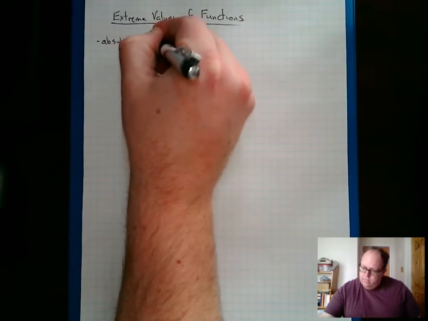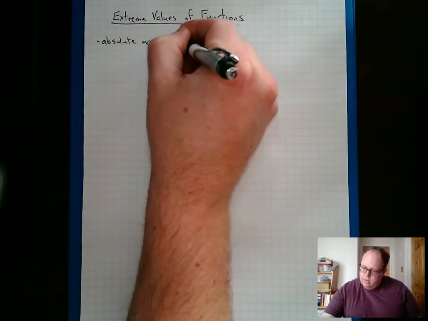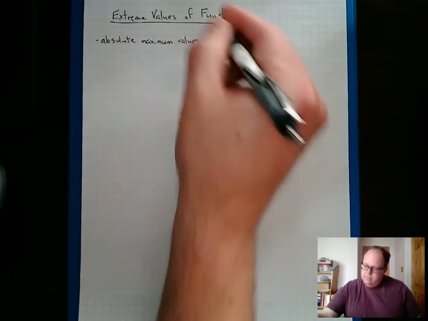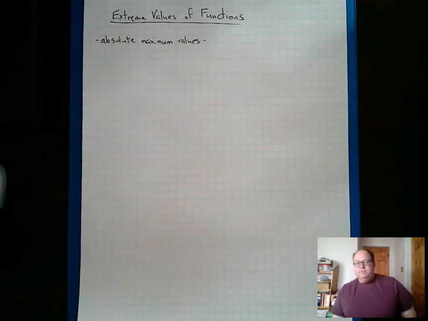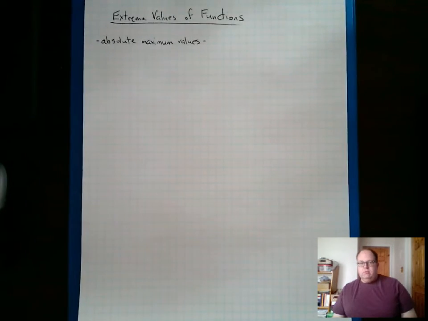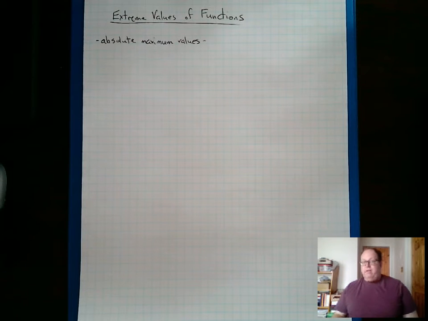Absolute maximum values. So what an absolute maximum is, as the description says, would be the highest point in the function. Or if you were to graph the function, the highest point in a graph. You would define that as